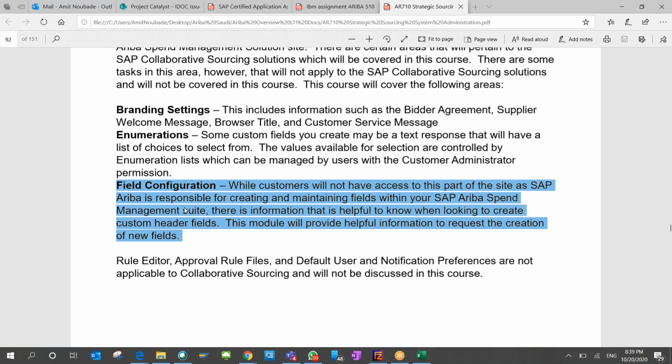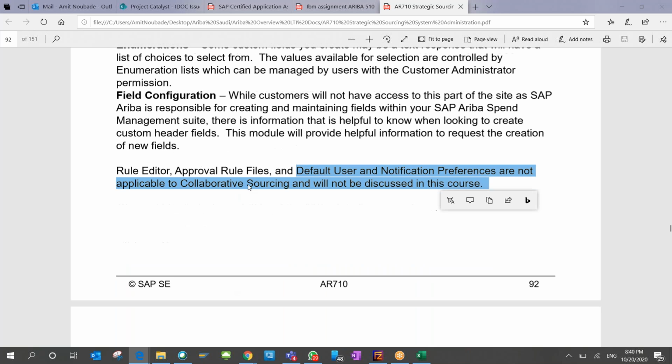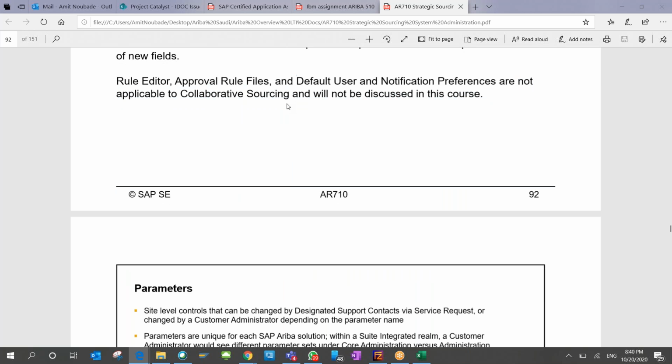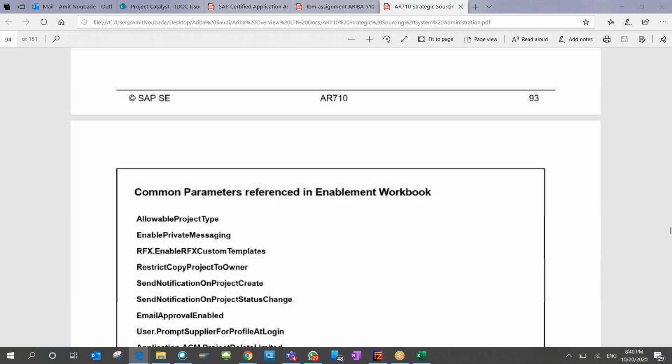So as I said, even though you want to do this field configuration, you will not be allowed to carry out the field configuration activities. Next is the rule editor, approvable rule files, then default user, then notification preferences. Those are not applicable whenever we carry out collaborative sourcing. So now we will see the first part,